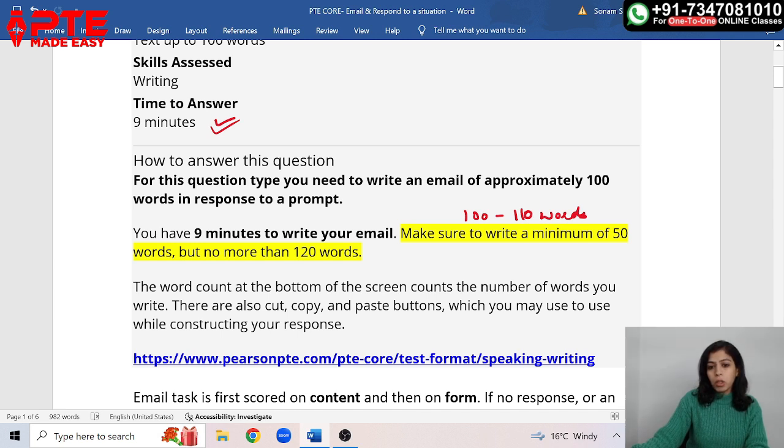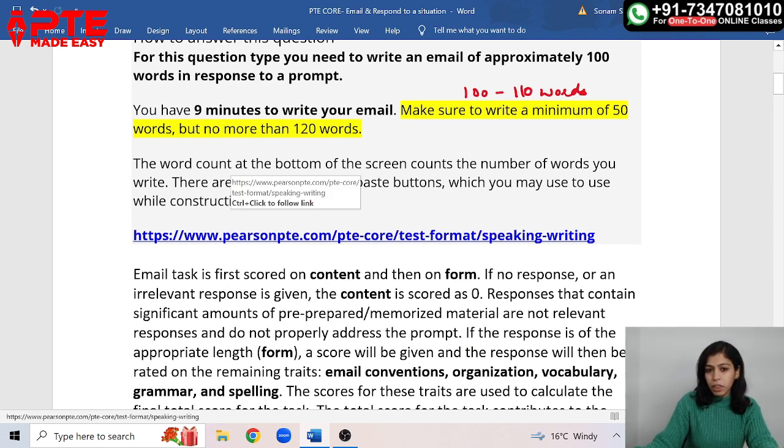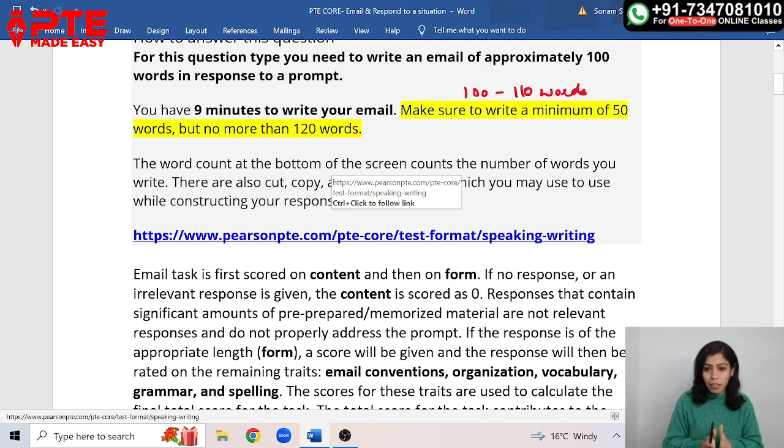The word count at the bottom of the screen counts the number of words. So when you are writing it down, it will count the number of words, so you need not do it again. There are also cut, copy, paste options, so you can use these while constructing your response. For more details, there is a video on Pearson PTE, okay? You can go and check that out, but you need not, because I'm explaining everything here,